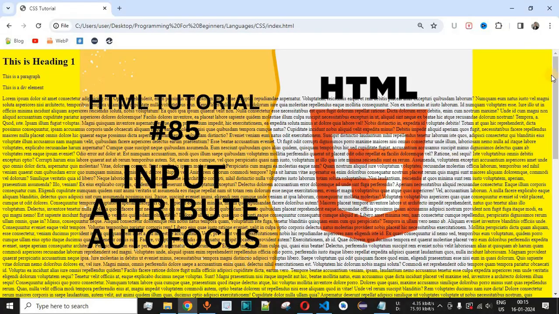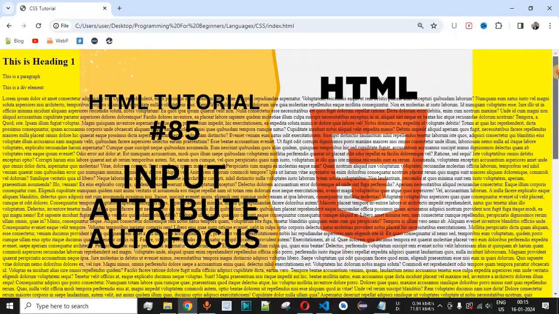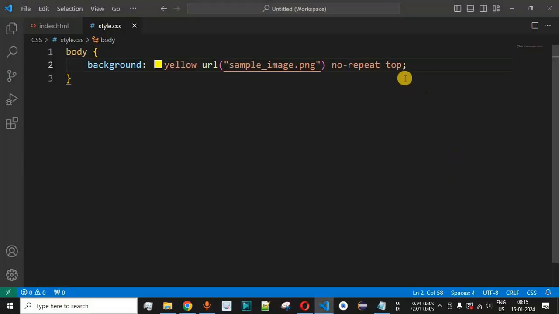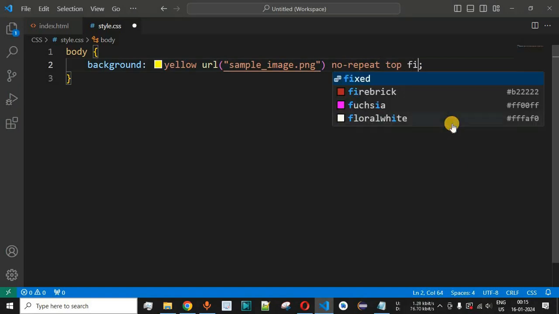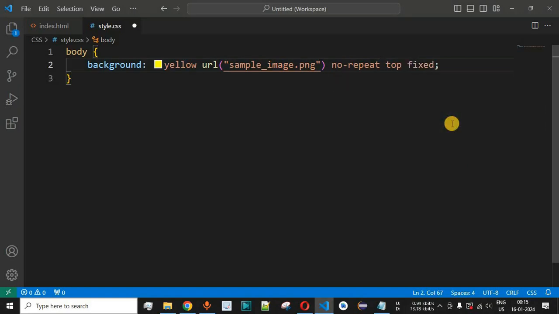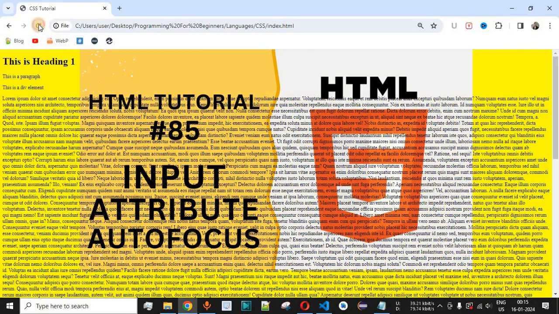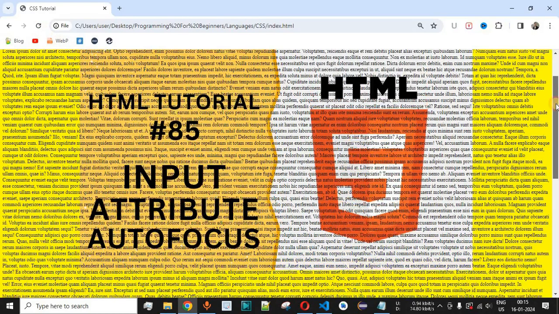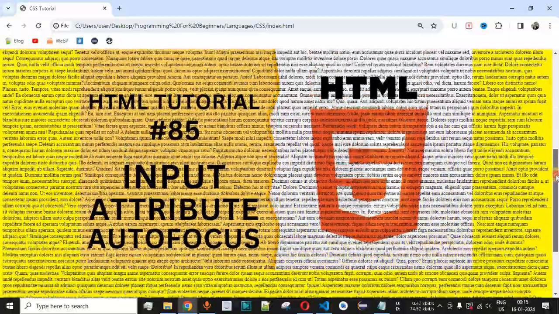And then when we scroll this web page, as you can see, the image is scrollable right now. That's because we have not provided the fixed value of the background attachment property. If we provide the fixed value in the end in this case, so let me just provide that value as well. Let me just save this file now and try reloading this page once again on the browser. And if we scroll now, as you can see, the image is getting fixed right now.